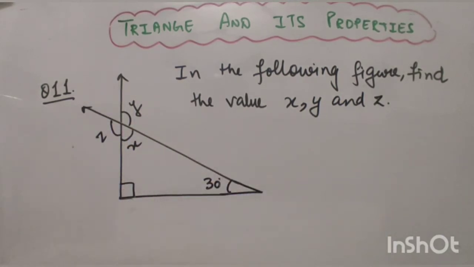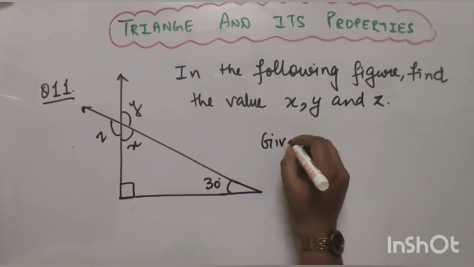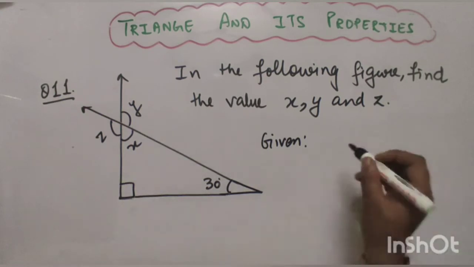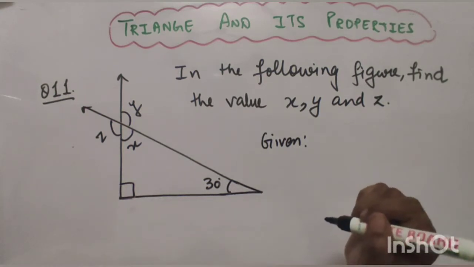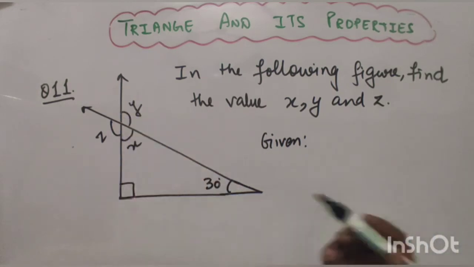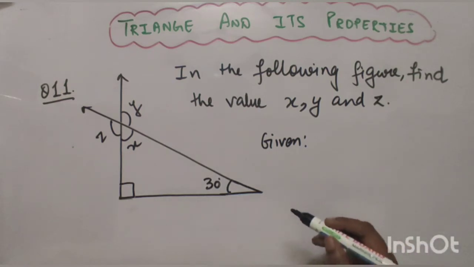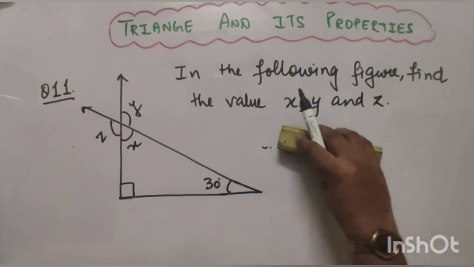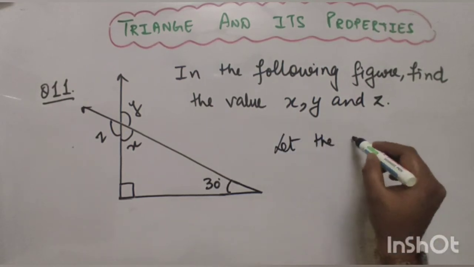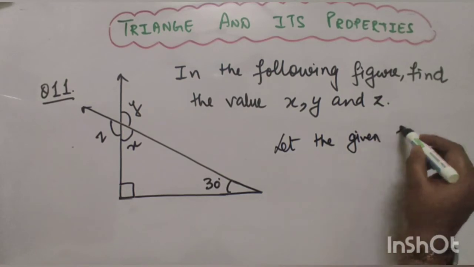Now, whenever a question is given to us, the first thing is to find out what is given. That is really important, because this is the only tool by which we are able to find out the other unknown things, right? So here one angle is given to us which is 30 degrees. Now the problem is how we are going to write it, because there is no naming given to this figure. So first of all, what we are going to do, we are going to write, let the given figure